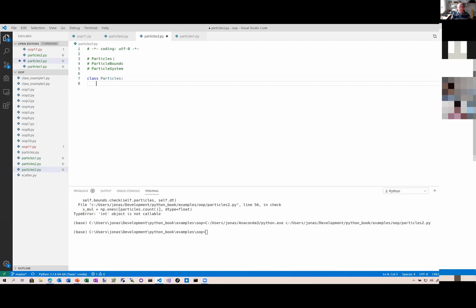And then we need a constructor. I will have a parameter here that will give a default number of particles. So I put 10 particles here. It's a very small particle system. Then I will need to have positions, and I also need velocities as data attributes for this class. So I will create self.pos equals to